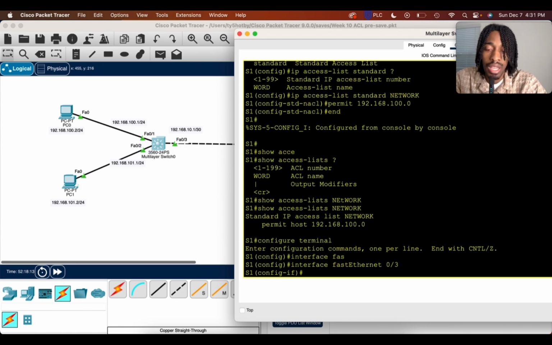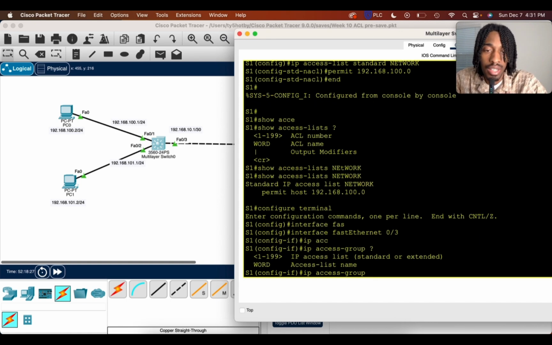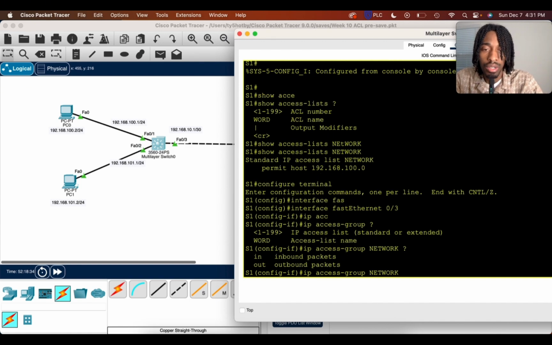And now we want to apply that. So to apply that ACL, we will type in IP, I believe it's access group. I'll do a question mark, and it's saying, once again, provide either the number or the word. So we'll do the word network with another question mark, and then it's asking us if we'd like to do